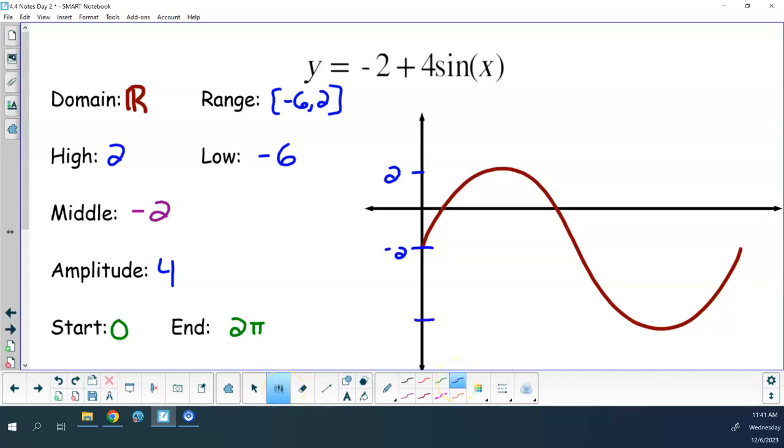And my low would be -6. 0, pi over 2 is at the high, pi is at the middle, 3 pi over 2 is at the low,